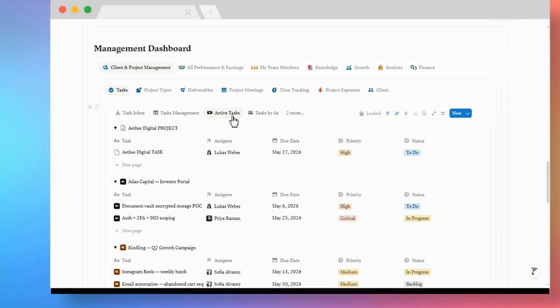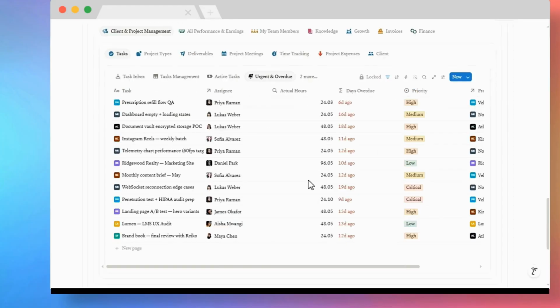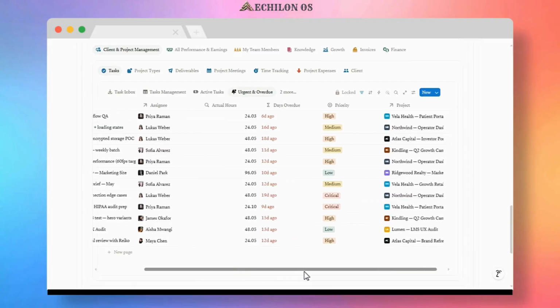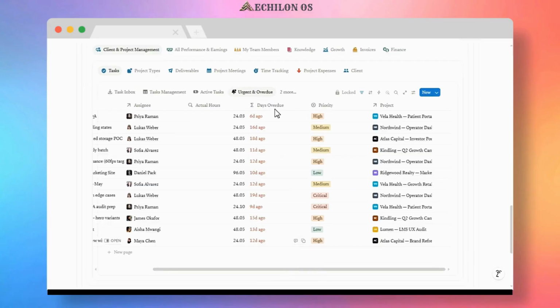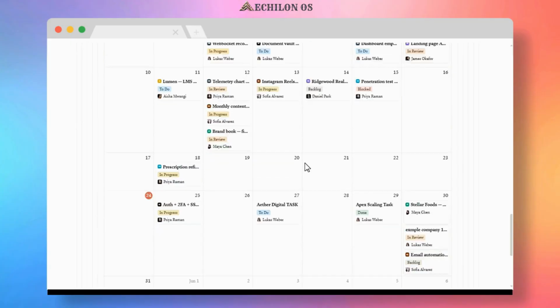By switching views, we can filter for active tasks or view our work organized directly by team member on our Tasks by Assignee tab to monitor resource distribution. To help prioritize your morning, the Urgent and Overdue tab filters out daily noise to highlight only critical work items past their due dates. Lastly, the Execution Timeline calendar displays your tasks across a multi-day timeline, letting you visually coordinate